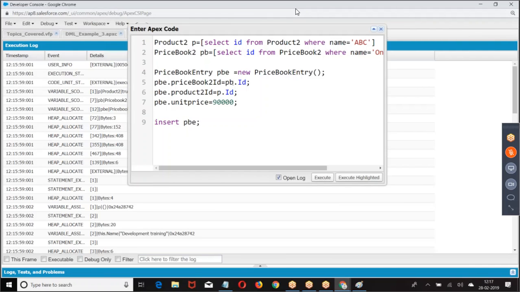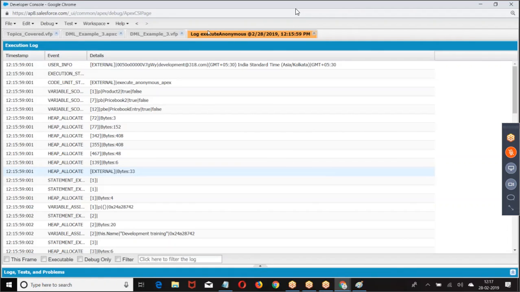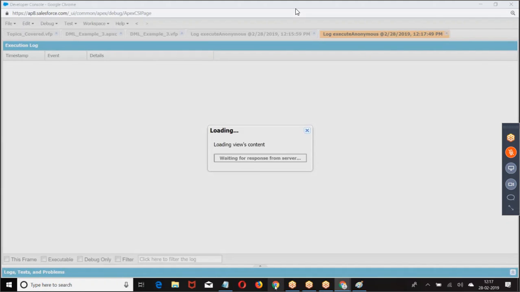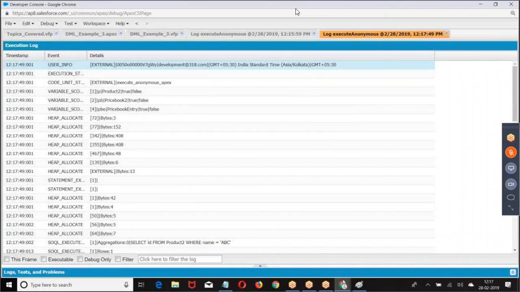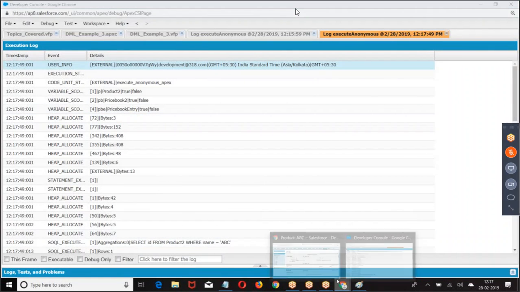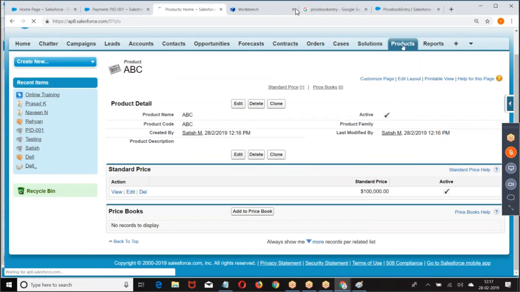Unexpected token P, where is the P? P dot ID, product to ID. Let's see. Okay. This is how we created. So we have made an entry. Now I'll tell you, once you inserted this, we'll see where it can be used. The gold product,